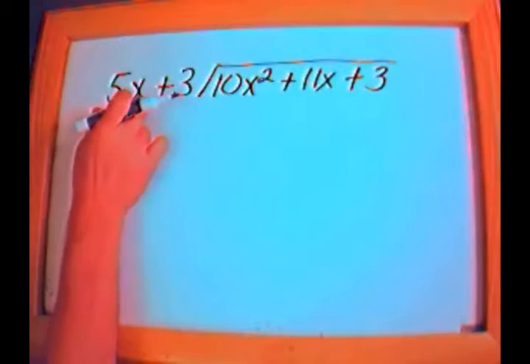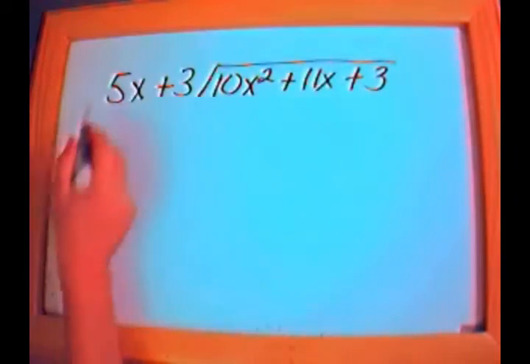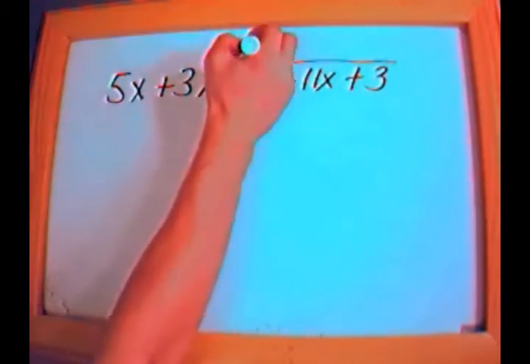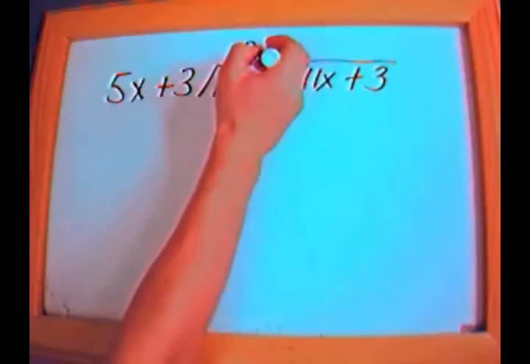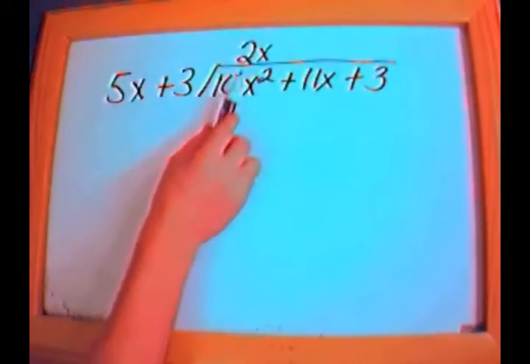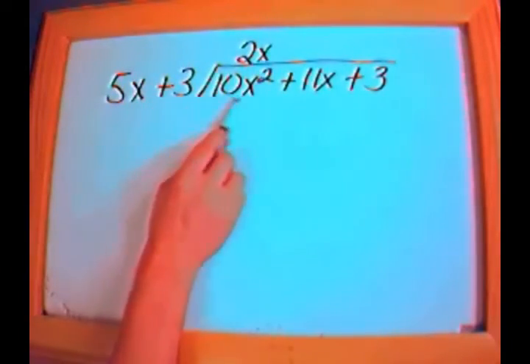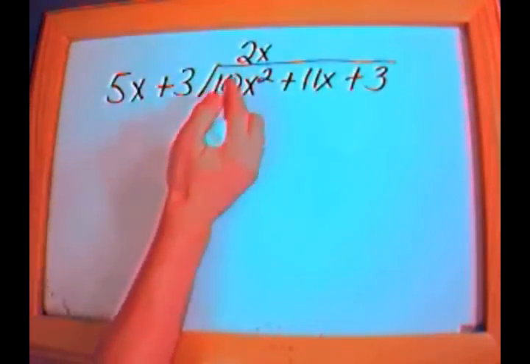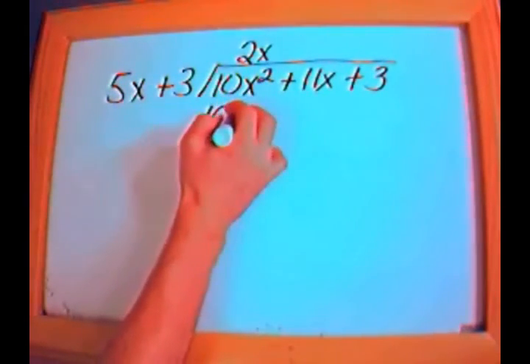First thing I do, take the first term, see how many times it'll go into the second term. 5x goes into 10x squared. Well, 5 goes into 10 2 times, so I'm going to put a 2 there. But that's not enough because I've got an x and an x squared. I need an x up here. Now the way to check that is 2x times 5x. 2 times 5 is 10. X times x is x squared. So that's why I had to put the x there. So let me go ahead and do that. 2x times 5x is 10x